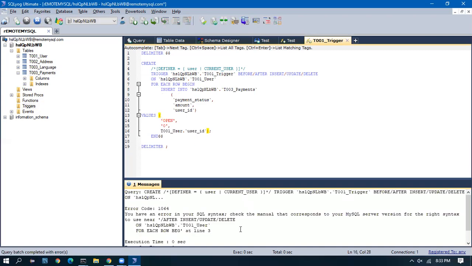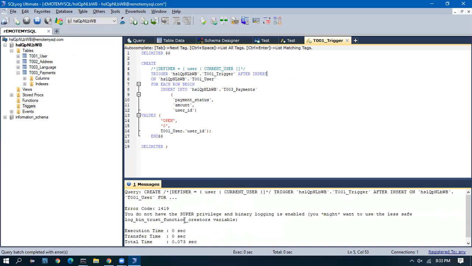If I give a trigger like this, you have an error. After insert, I'll use after insert. Okay, you do not have super privilege. Anyways, I don't have permission.